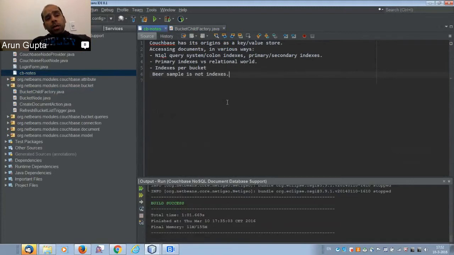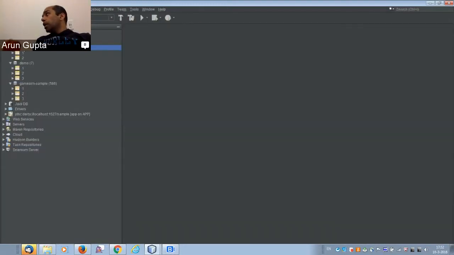Now, Gidgen, is there a way by which I can right-click on a host and maybe issue a N1QL query? So something like you were saying, select star from system:indexes. I mean, if we issue a N1QL query for a database, I think that might be relevant.